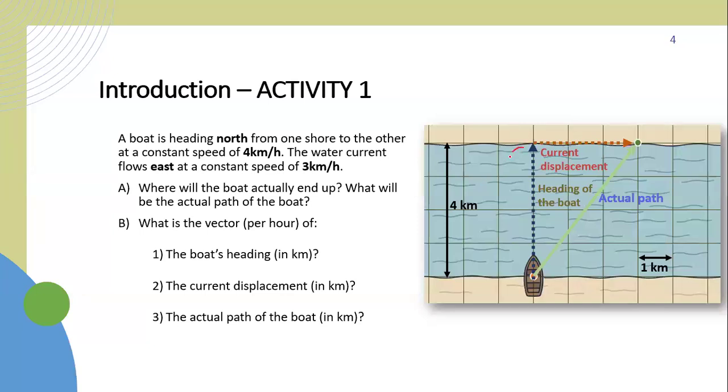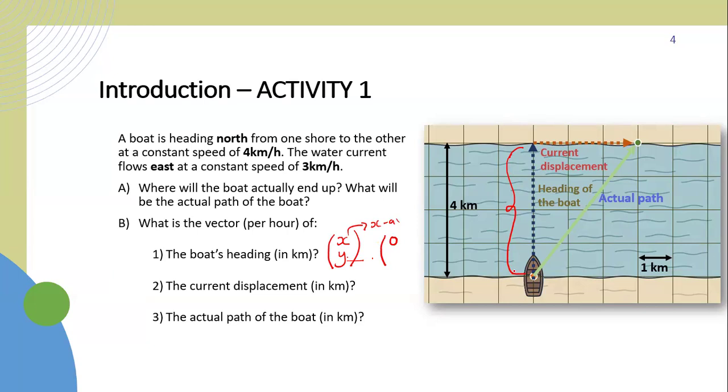Now, when you look at our boat, this is how our boat is moving. We have said that when you are writing your vector for the boat heading, we always write it in form of x and y. X is the movement along the x-axis, and y is the movement along the y-axis. Now, when you look at the movement of our boat, you notice that along the x-axis, it has not made any movements. So along the x-axis, we shall have 0.